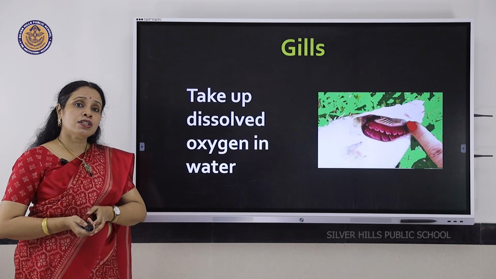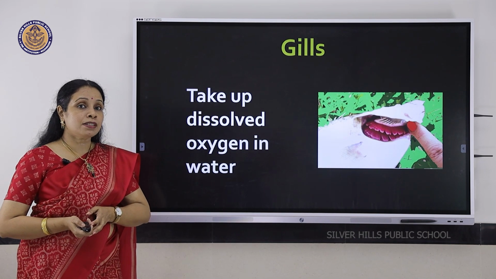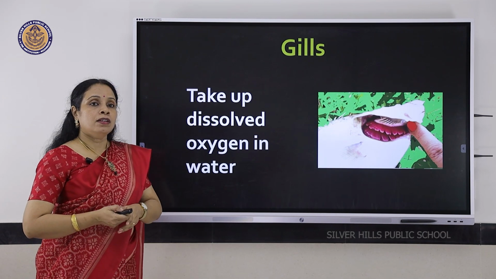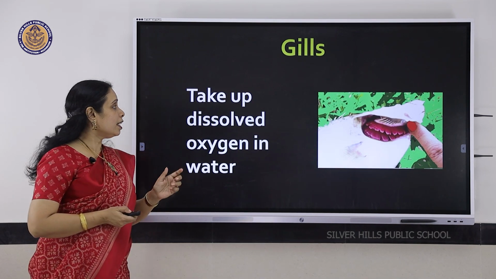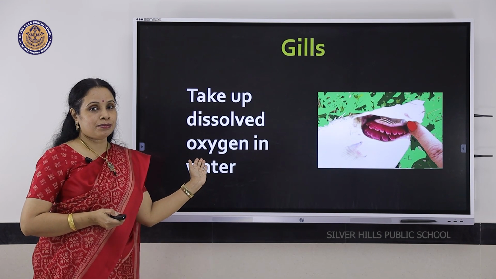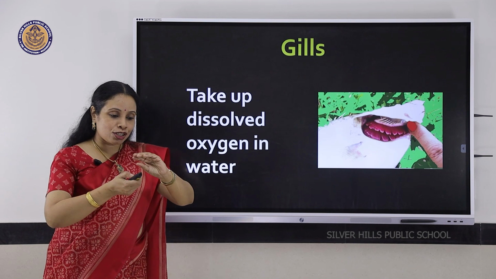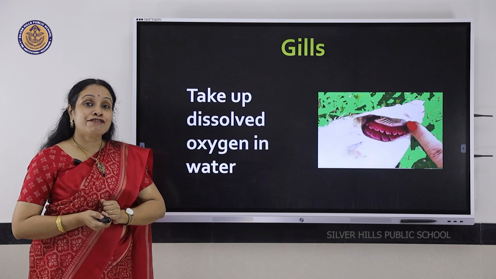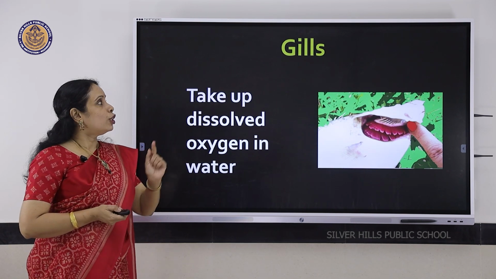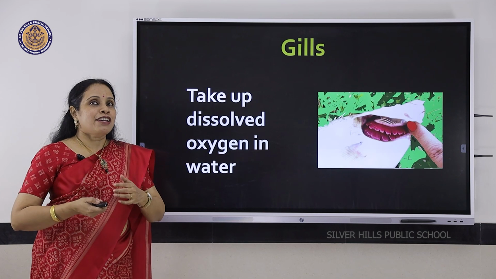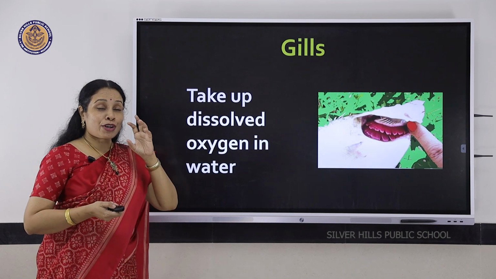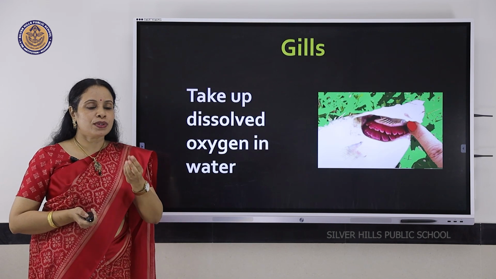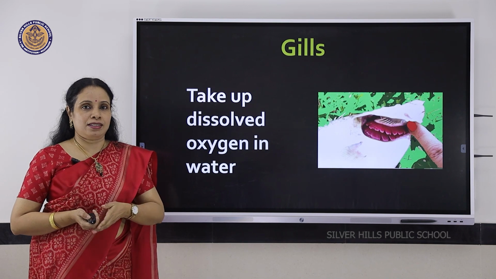Now if it is fish and such other aquatic organisms, they do not have lungs, instead they have the gills, and gills are capable of taking up only dissolved oxygen in water. If you take a fish and just open its operculum, you can see like that red colored fan like structure. Those are the gills. And if it is a fresh fish, it will be bright red in color, whereas an old fish which is preserved in formalin and all, it will have yellow or light brown ones.